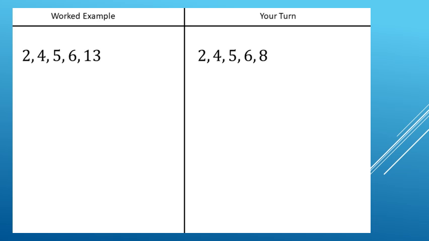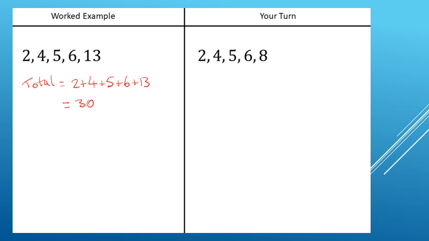So remember, we need to find the total of all of our numbers, and we do that by adding them together. So the total in this case is 2 plus 4 plus 5 plus 6 plus 13. And I normally do that in steps, so I would do 2 plus 4 is 6, 6 plus the 5 is then 11, then add on the 6 to get 17, and then add on the 13 to get 30. And you might need to use column method to do that last addition,